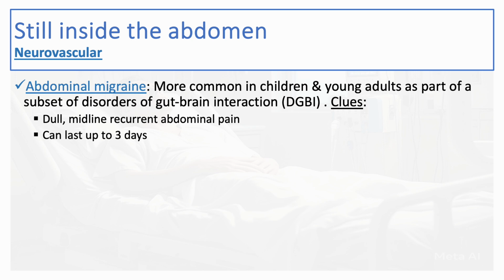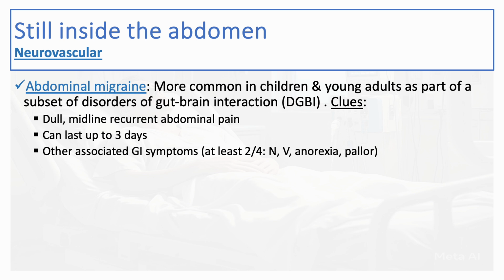It can last up to 3 days, similar to the duration of the classic migraine. Other associated GI symptoms should be included. Classically, the diagnostic criteria should include 2 out of these 4 symptoms: nausea, vomiting, anorexia, and pallor, which is kind of interesting. Pallor during the episode might give you a clue to the presence of abdominal migraine. It can be severe, and usually, not always, but sometimes patients might have some family history of migraine that could